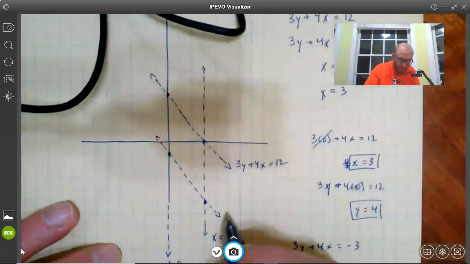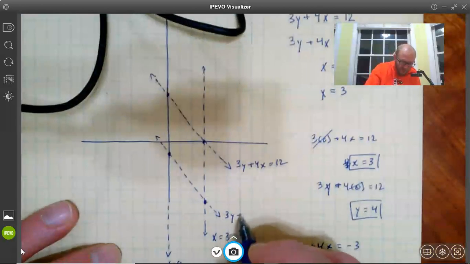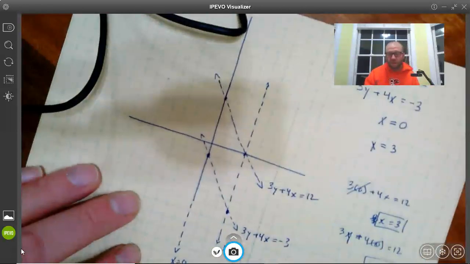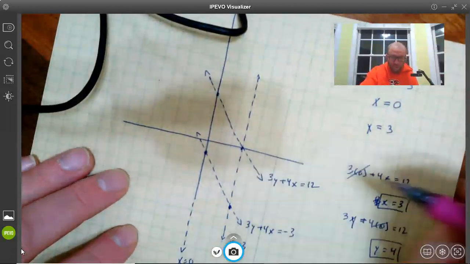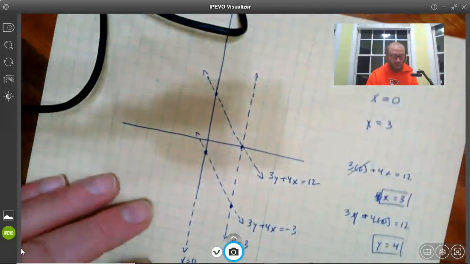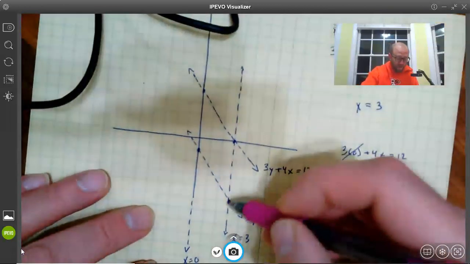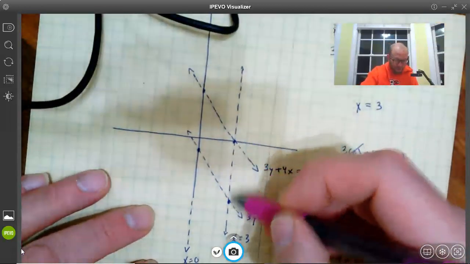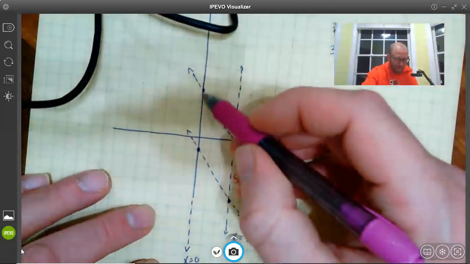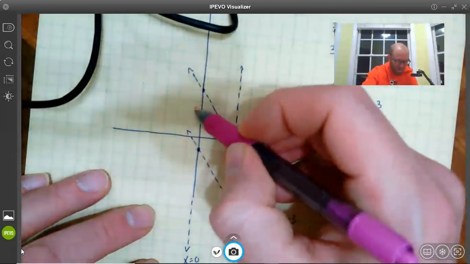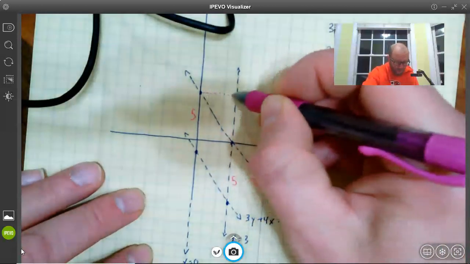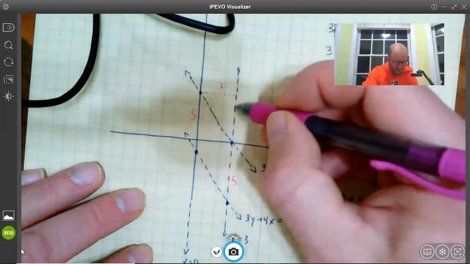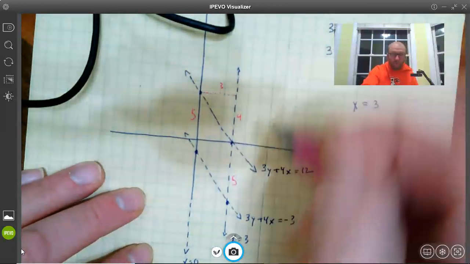So there is, let's label this one, 3y plus 4x equals negative 3. So there is our shape. And we can tell, we're trying to decide if it's a rhombus or not. A rhombus has 4 sides, they're all the same length. So let's see, this one is 1, 2, 3, 4, 5. Right, up here we have 1, 2, 3, 4, 5. So far so good. And here we have 1, 2, 3, 1, 2, 3, 4, and that's that 3, 4,